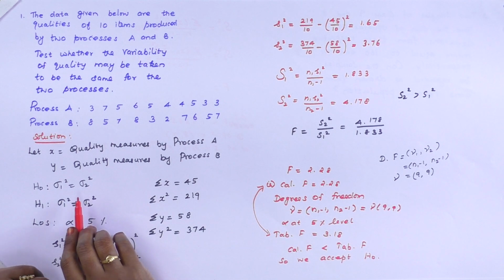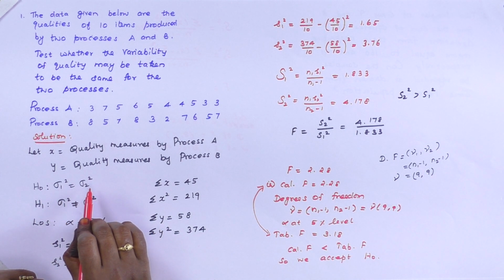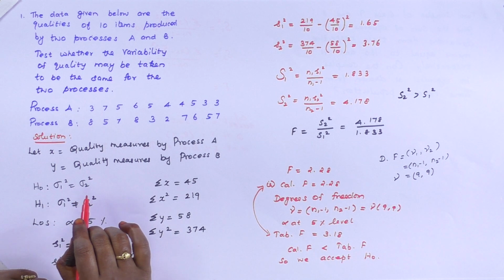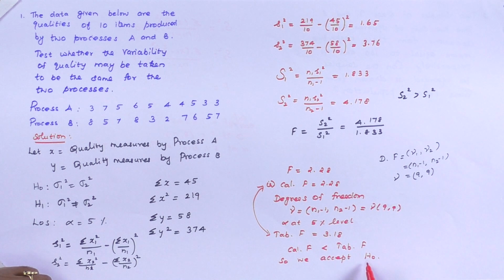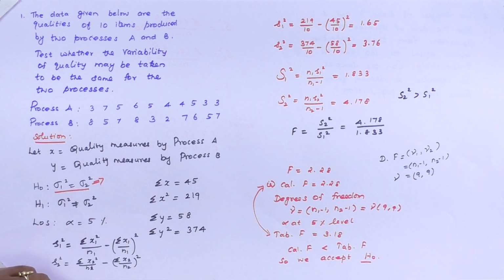H0 is sigma 1 square equal to sigma 2 square. So we accept H0, that is, the variability of the quality may be taken to be the same for the